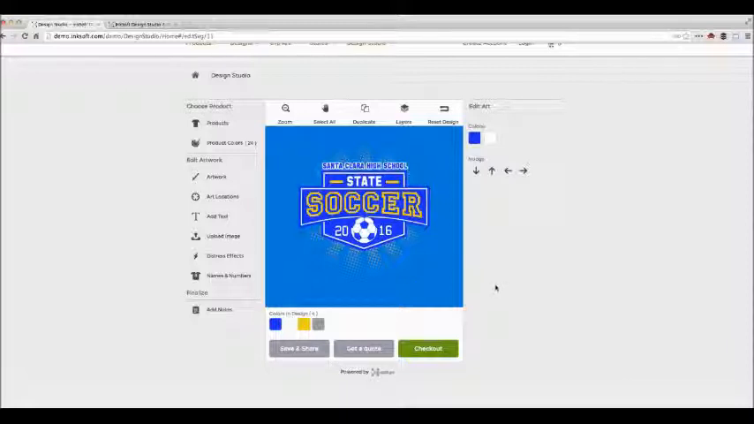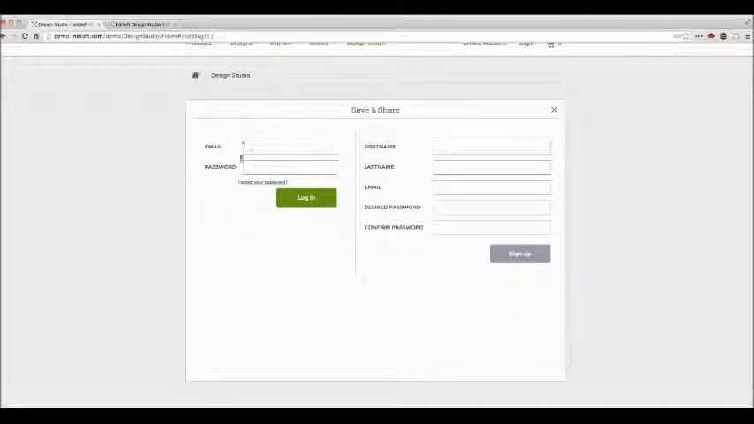Now, as we make our way down, let's talk about some of the important functionality here at the very bottom, the transactional function, like save and share, which is the ability for your customers to log into an existing account or create a new account. Now, the